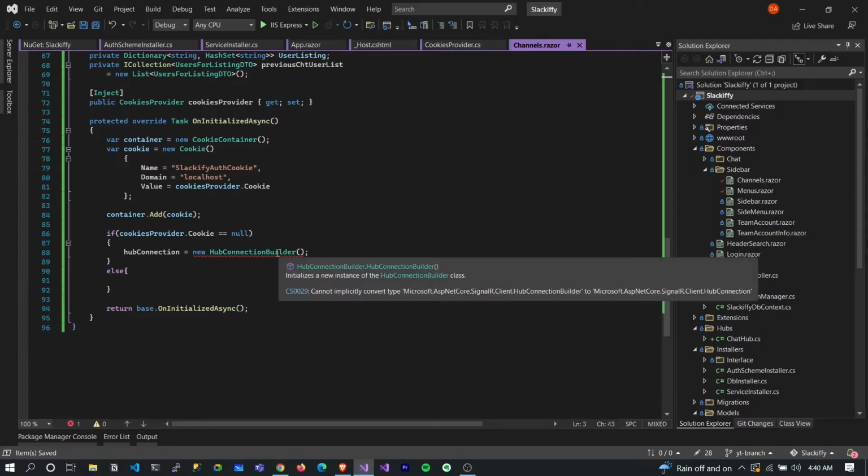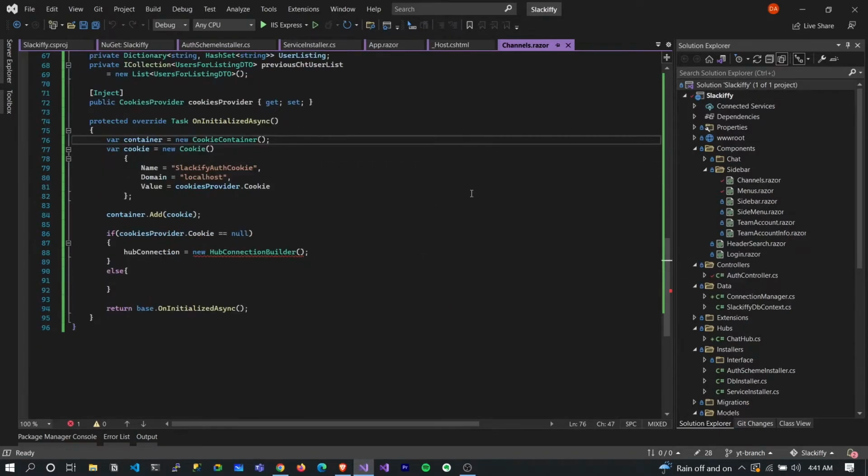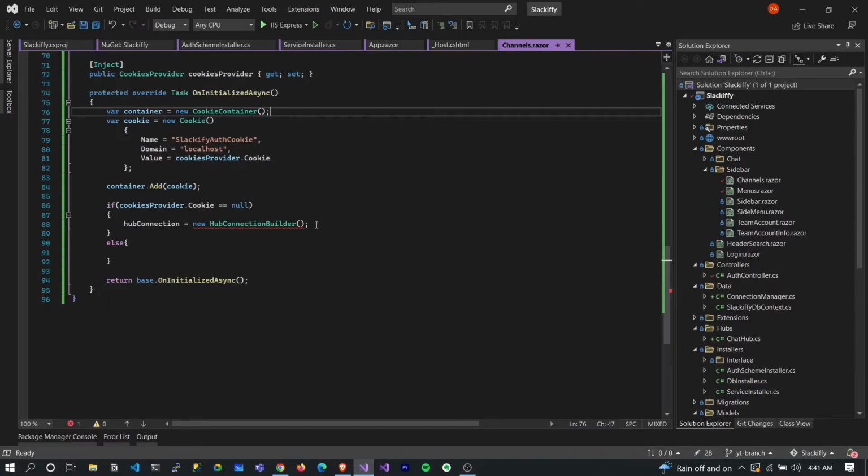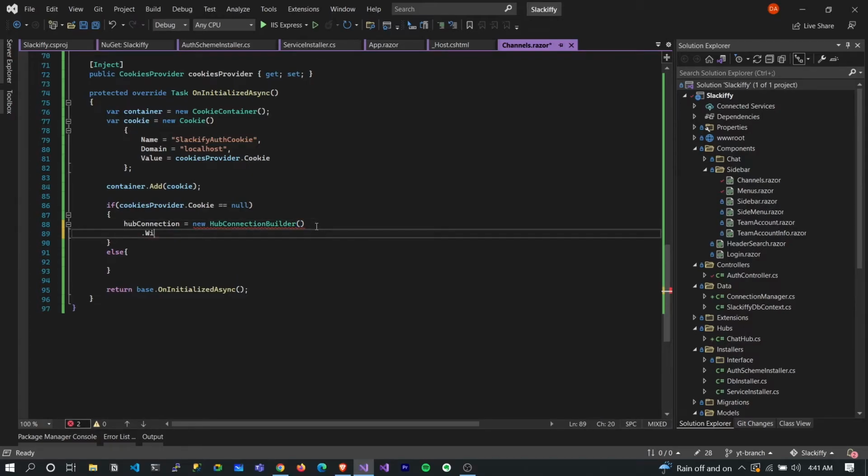Okay, but this is still complaining anyways. Hub. Okay, so this isn't supposed to end here, obviously. So we ought to do something with URL, navigation manager. We'll have to bring this in. If it's not already in, let's bring it in. Okay, left to absolute URI,